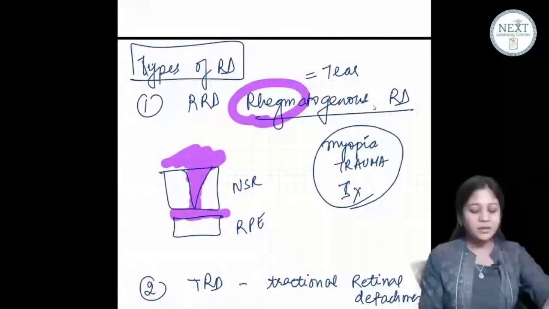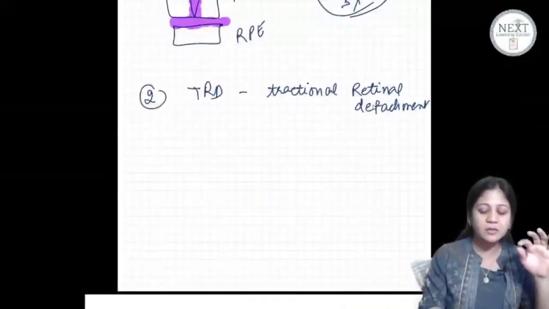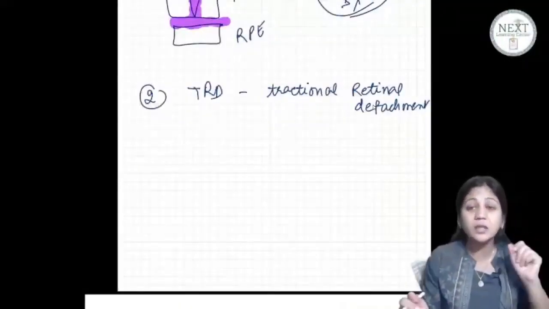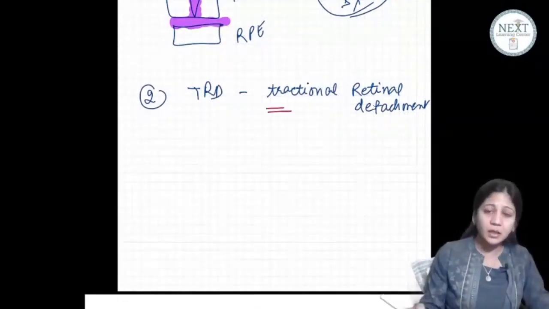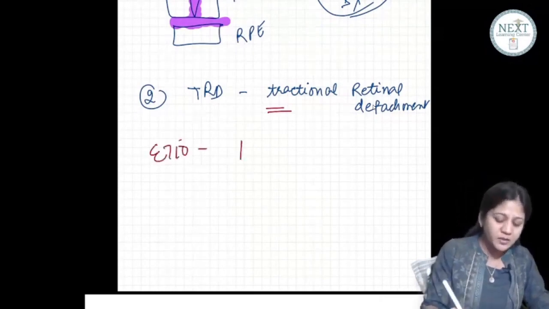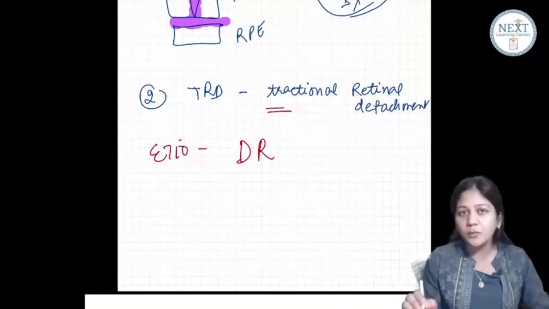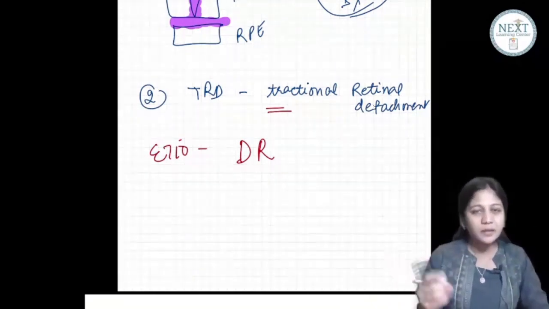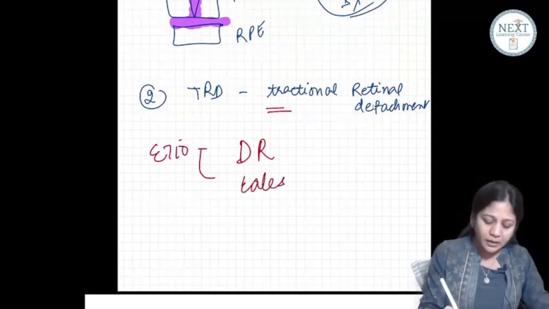Now the question arises, in which population, in which people you have this tractional type of retinal detachment? What is the etiology? We have read what is the pathophysiology. Now let us read in which people you have a TRD. So this can be seen especially in patients of diabetic retinopathy. Please write down the short forms only because complete forms we will be reading in a short while. Diabetic retinopathy, Eales disease,